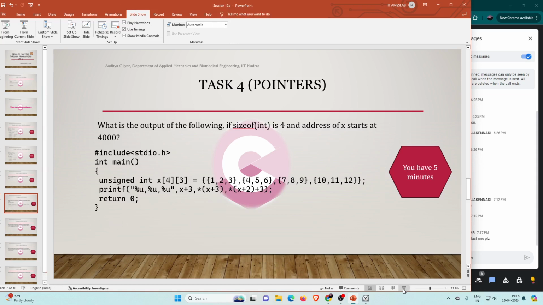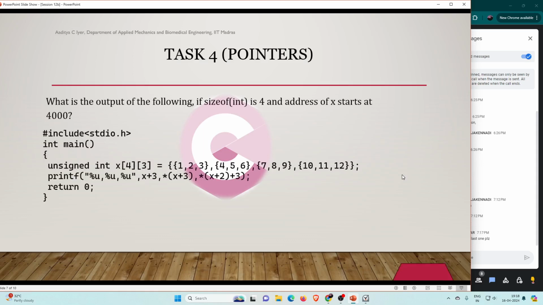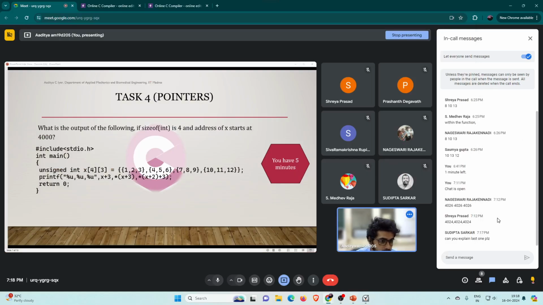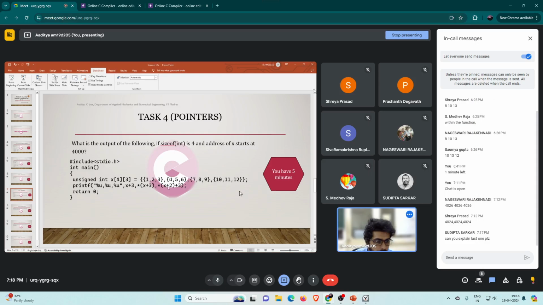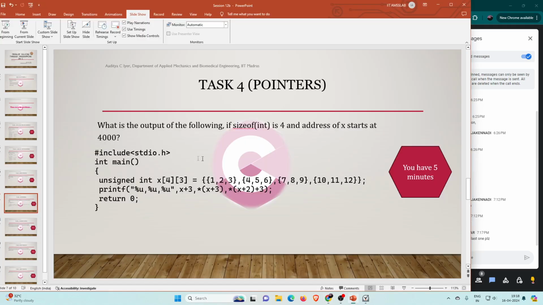Any doubt with this? If there are no doubts, I'll move to the last one. You asked, can you explain the last one? Yeah. The last one is writing the second one, or even the first one, in a slightly different way. Oh, you asked 1 minute ago. Anyway, I'll first explain the second one. The last one is basic. The second one is x plus 3, and the last one is